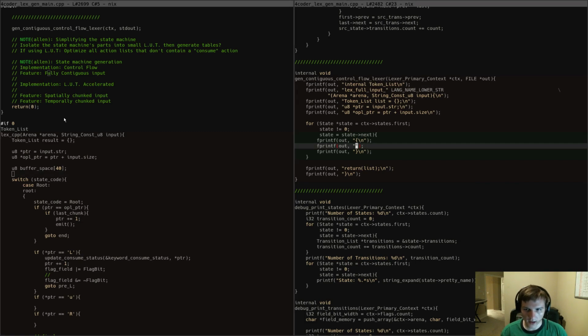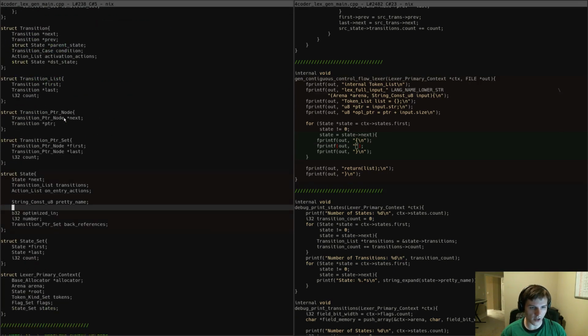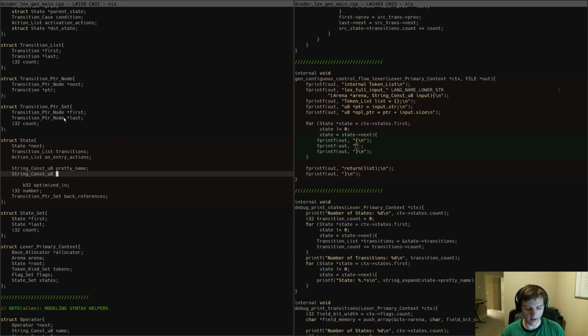So the next thing we're going to have is we're going to start encountering situations where we have names that we want to convert into unique identifiers in the C++ generated code, but that either aren't valid identifiers or aren't unique on our side, and we need some way to make them so, right? So this is the first case of that. So if I come over here and I look at state, state has a pretty name. Well, I'm going to need to extend that to also have a